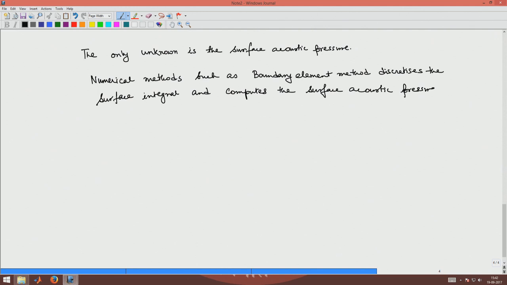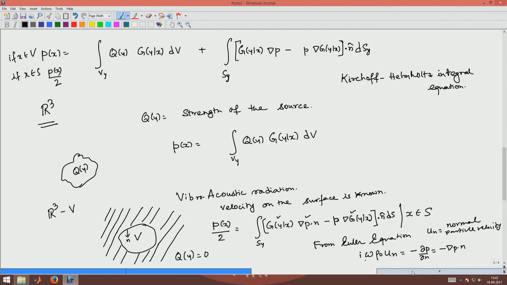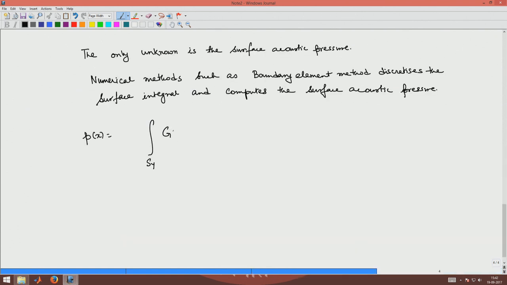Once the surface acoustic pressure is available, pressure at any point can be calculated very easily using the Kirchhoff-Helmholtz integral equation. Again, we will appeal to essentially the same equation, but without this factor of half. So, P(x) will be given by exactly the same quantity: g(y, x), gradient of P, minus P into gradient of g(y, x), dot product with the outward normal, and this is a surface integral. Note that q(y) is going to be 0,